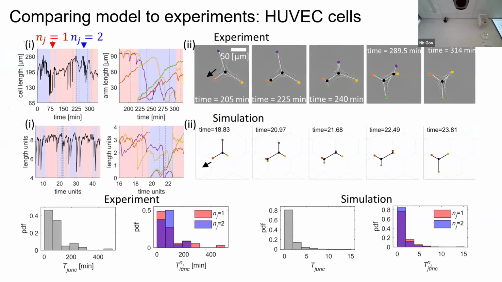It's a bit of a mess, but we try to convince you that it's not such an unrealistic comparison with the model. If you look at something more quantitative, like again, the distribution of residency times on a junction, irrespective of how many junctions you cover, and if you separate it by the number of junctions that you cover, I don't know, again, you can